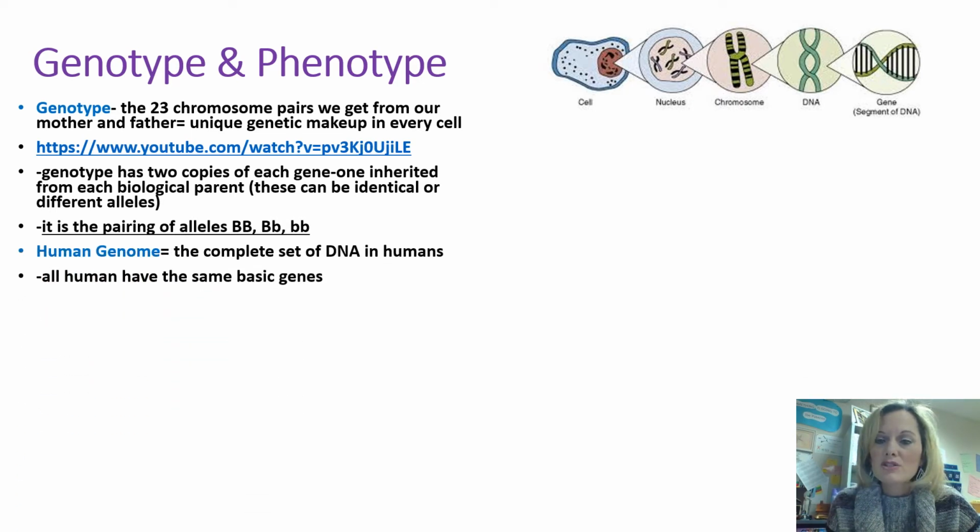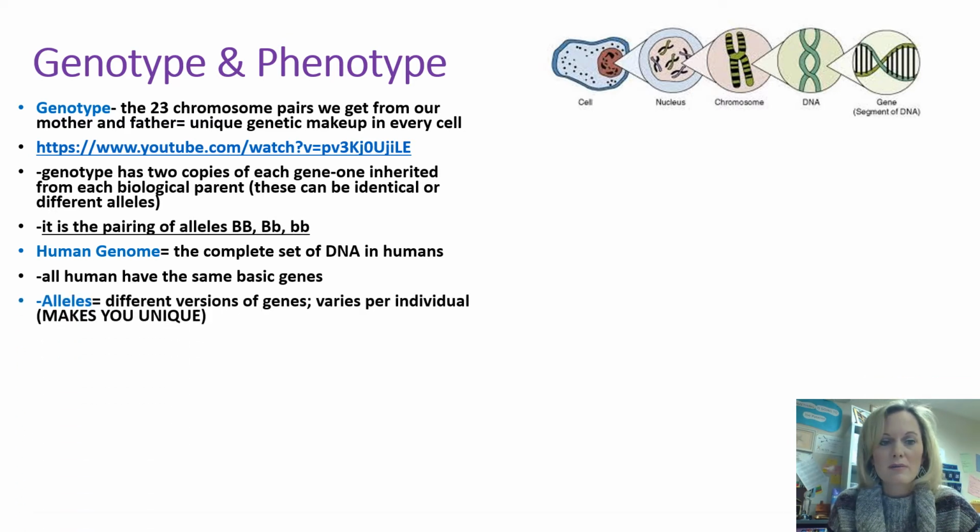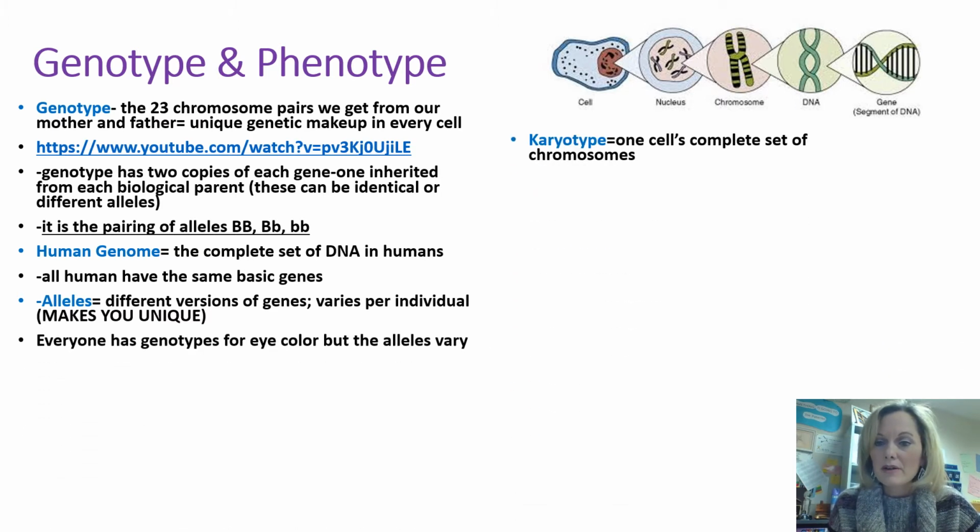So the human genotype is that all humans have specific genes. We all have genes for hair color, eye color, skin, whatever it might be. Again, this tasting of the paper that she's talking about, it's the alleles that make us different. It's whatever we got from our mom and dad, and however it comes up, that's making us all unique, okay? Our karyotype, as you saw in the video, she has all of her sets of chromosomes, all those pairings of those chromosomes.